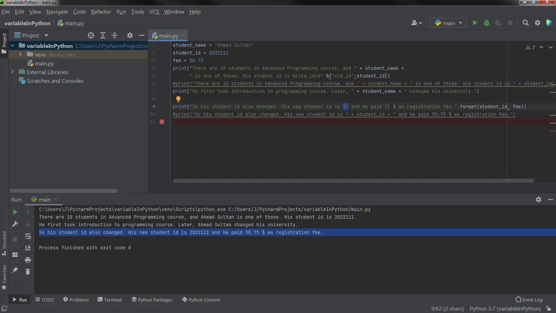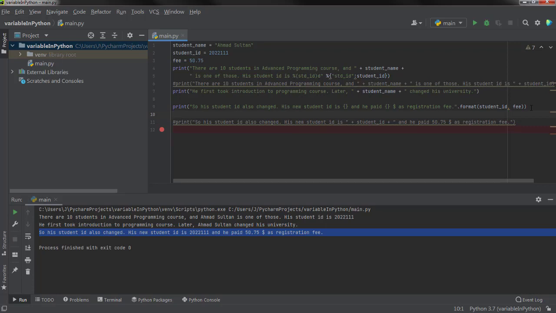And then the next is the float, so it will format the fee value accordingly. So you don't have to define whether it's a float or a double or an integer. Python will automatically do that if you use this dot format function. So this is the second way.